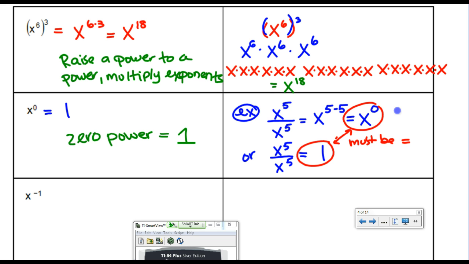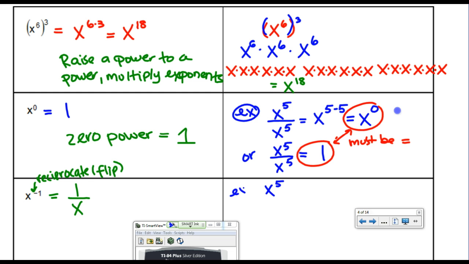And the last one, when you have a negative power, not necessarily the 1 power, but the negative power right here, means to reciprocate. And that means to flip. So that would be 1 over x to the 1 power. If it was a negative 2 power, then it would be 1 over x to the 2nd power. Okay, so again, why does this work? If I give you an example,